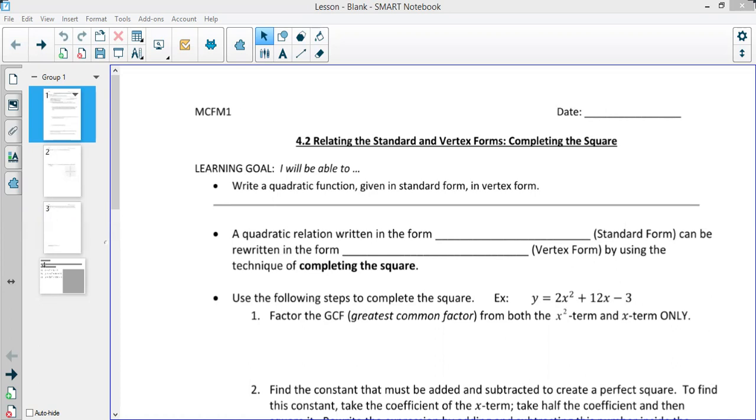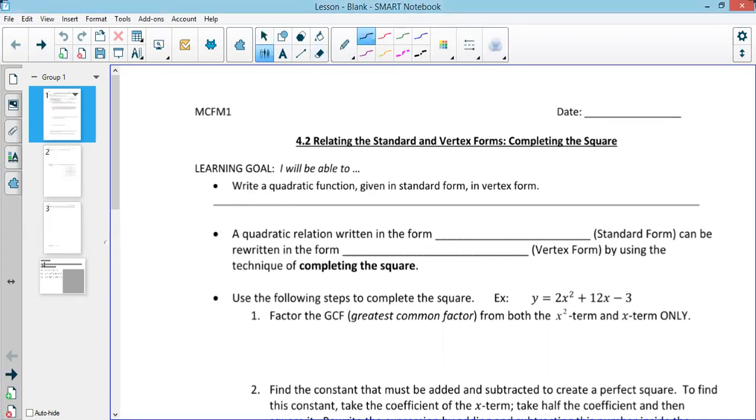Today we're going to be looking at 4.2, relating the standard and vertex forms, and we have a special name for this that we call completing the square. So we're going to be writing a quadratic given in standard form into vertex form. So a quadratic relation written in the form, which we have as standard form,